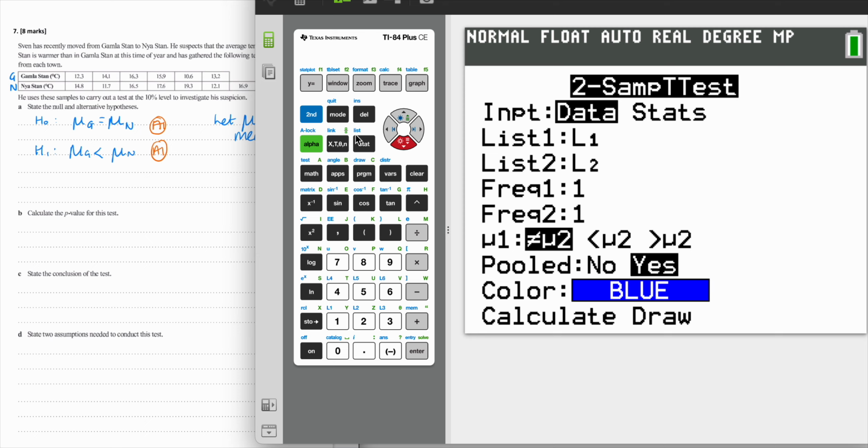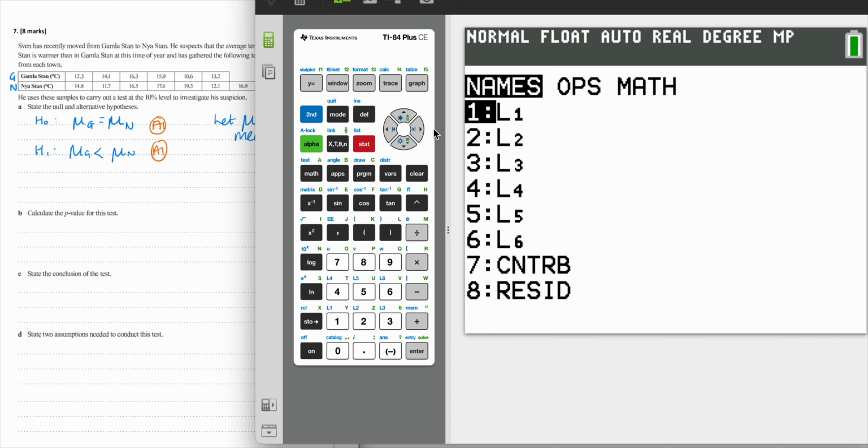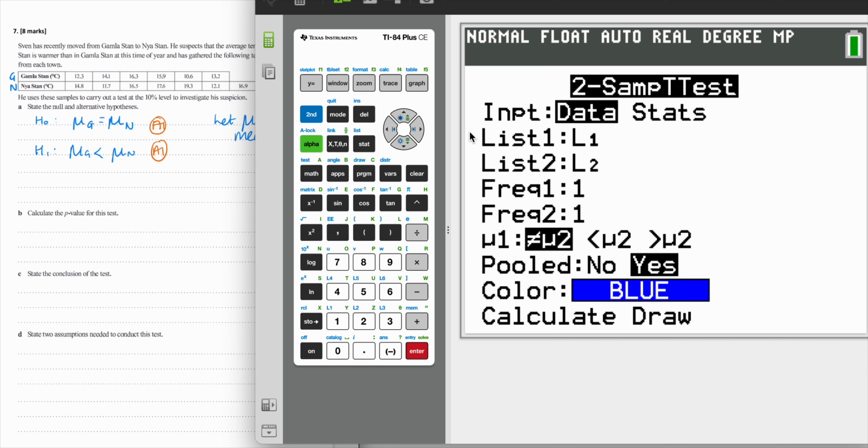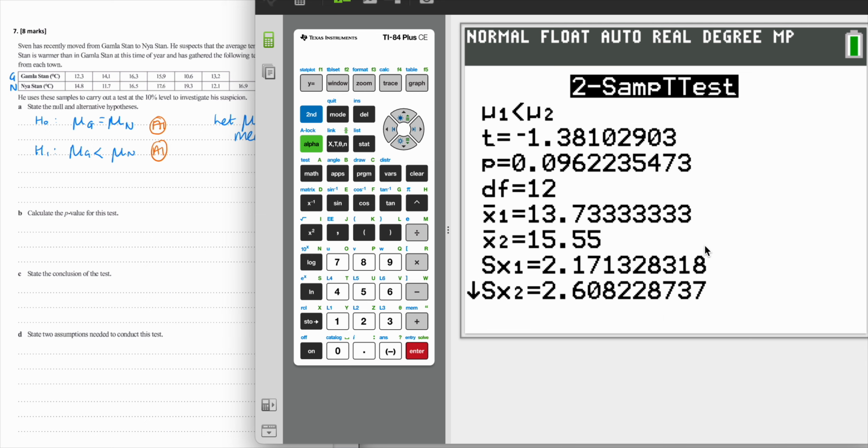If for some reason that was incorrect, you can go to second function, list, and pick which list it would be. The only thing we need to change here is the mean for the alternate hypothesis, and we decided that it should be this one here. So the second one is bigger than the first one, this is my first column, this is my second column. We always make sure that pooled is yes, and then we go down and calculate. We can see there that the p-value is equal to,